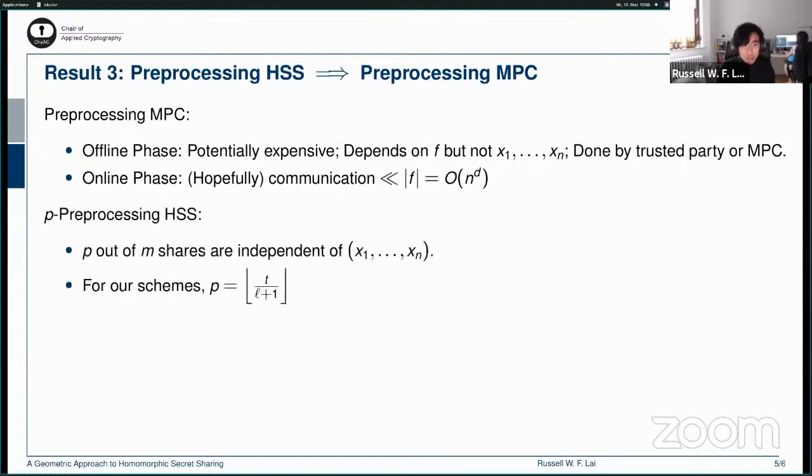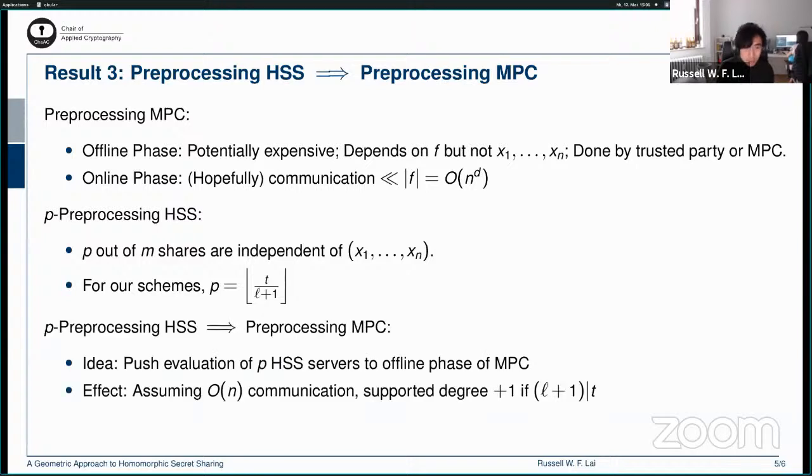And to do this, we will use something called preprocessing HSS, in which P out of the M shares are independent of the online inputs, x1 to xn. And for our schemes, we have P equals the floor of T over L plus 1. And the idea behind this transformation is that since the P out of M shares of the HSS are independent